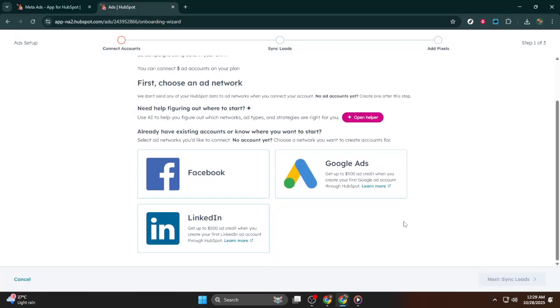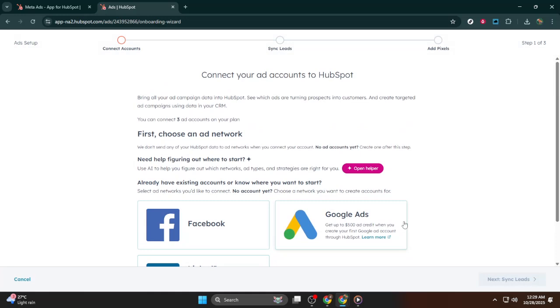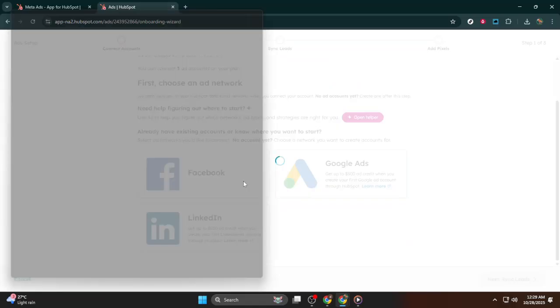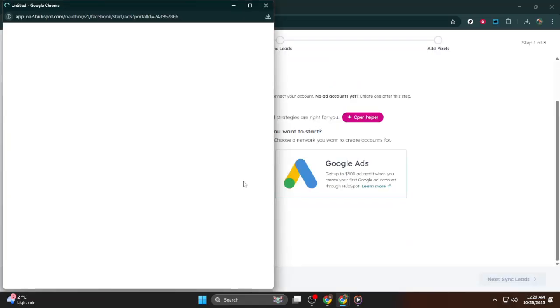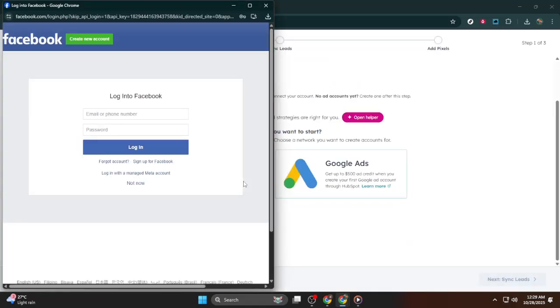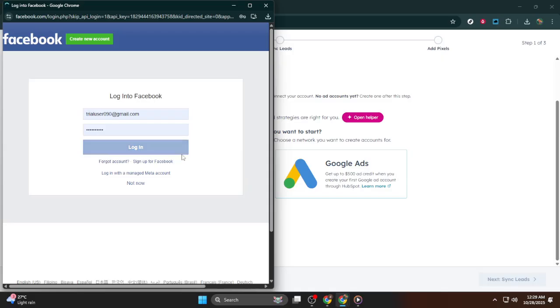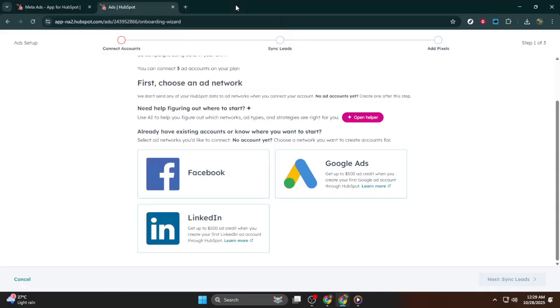The last step is perhaps the most straightforward yet vital. Click on Facebook Login to enter your Facebook account credentials. Logging into your Facebook account securely finalizes the linking process, allowing leads from your Facebook ads campaigns to be funneled directly into HubSpot CRM. With these steps complete, you now have a functional connection between Facebook ads and your HubSpot CRM, enabling seamless lead management and ensuring no potential customer